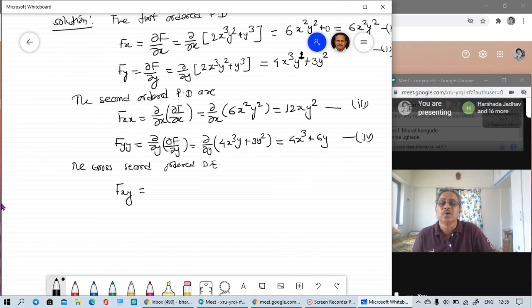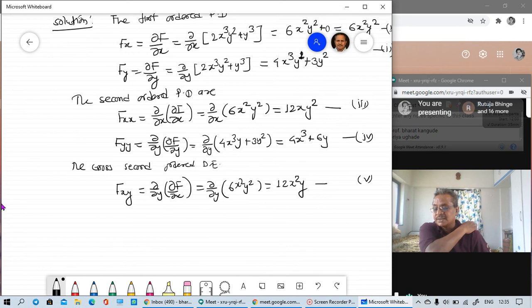First calculate fxy. Now I have told you earlier, fxy, this order means first you have to take differential of the given function with respect to x and then with respect to y. So here this order is written like this: del by del y of del f upon del x. So first order partial differentiation of f with respect to x is our equation number 1. So del by del y of 6x square y square. Now differentiate with respect to y only, so differential will be twice y. So this will give me 12x square into y. That is equation number 5.